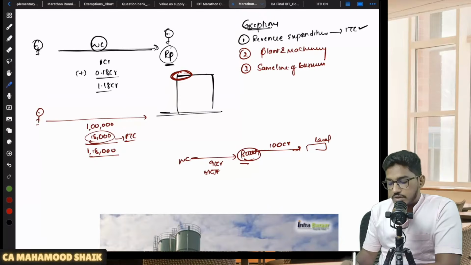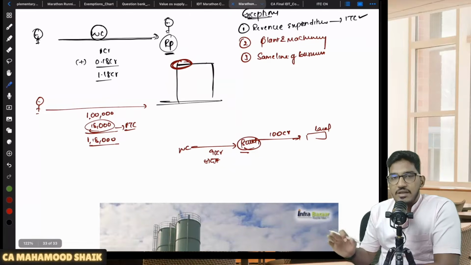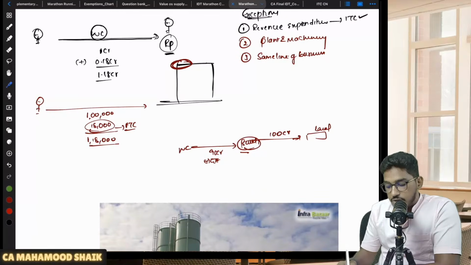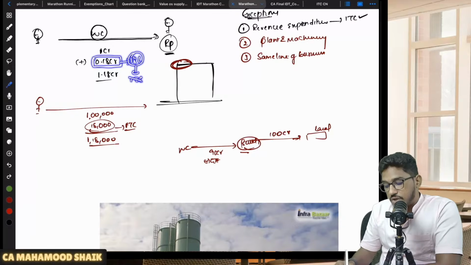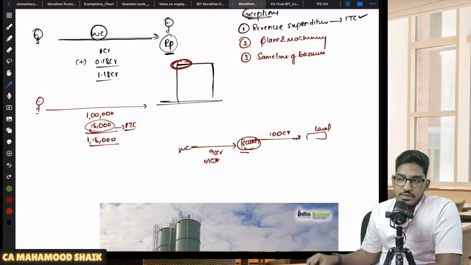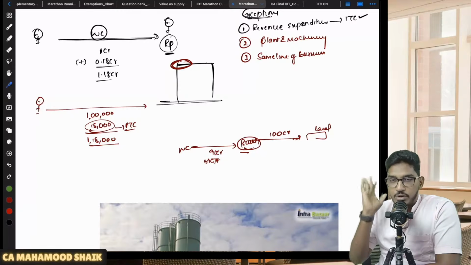So if you are a registered person and if you are receiving the works contract services in relation to a construction of immobile property. So let us say 1 crore is the works contract value, 18% GST, total 1.18 CR worth of works contract services in relation to immobile property you are receiving. Now this section 17 subsection 5 says that ITC is blocked on this works contract services in relation to construction of an immobile property. Whatever GST that you have paid, this 18 lakhs worth of GST, that ITC we will not allow.